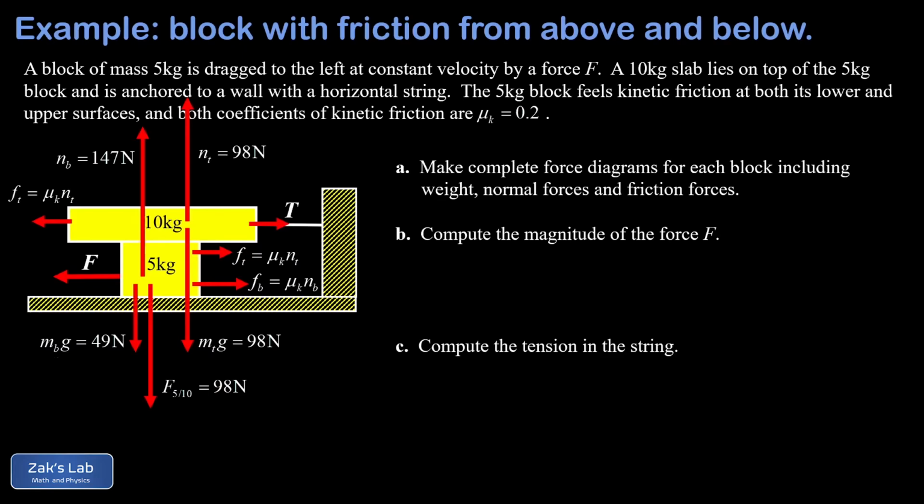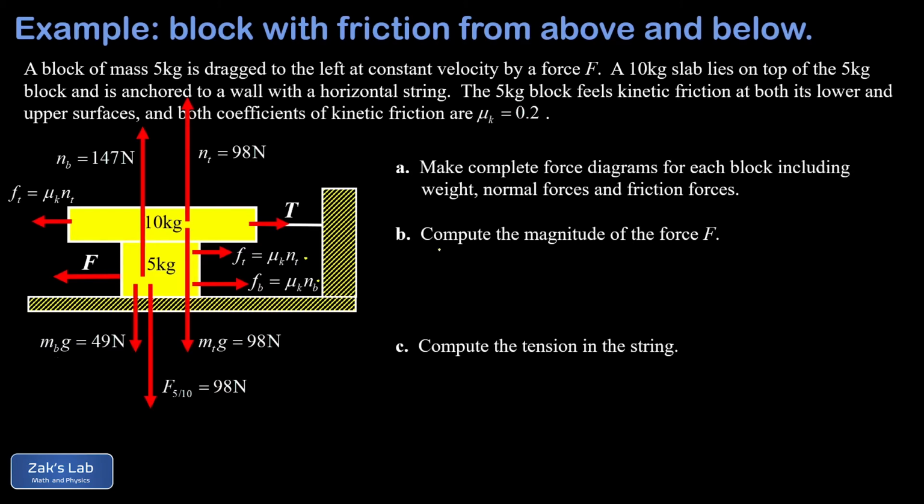So this is it. Now in part B, we're trying to get the magnitude of the force F. And the critical concept here is that this 5 kilogram block is in equilibrium. It's moving, but it's moving with constant velocity. That means the net force on it is 0 and all the forces left and right are balanced. So I'm going to start by actually getting numbers on those rightward pointing friction forces,